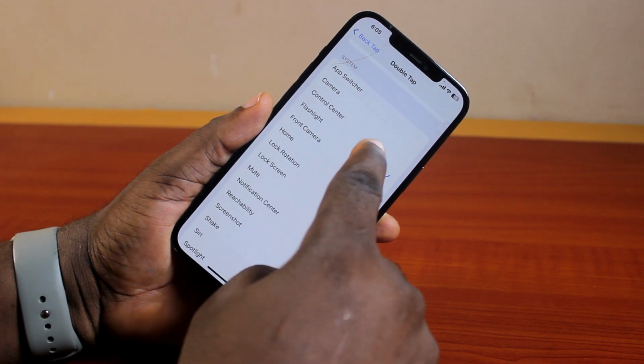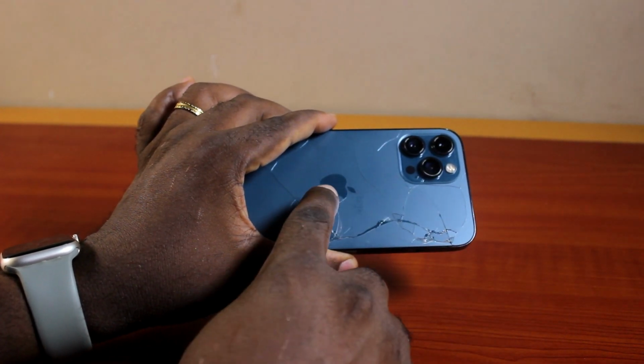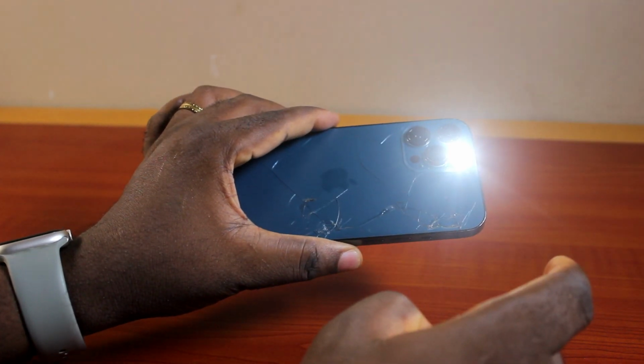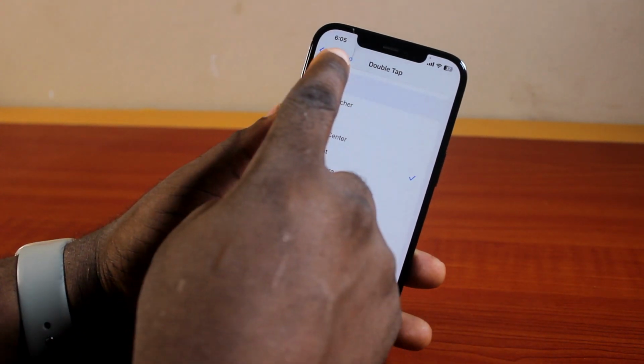And if it shows flashlight, then when next you want to turn on flashlight on your iPhone, you can just locate the Apple logo at the back of your iPhone and then double tap it. Then you should see your flashlight turn off or turn on. So that is exactly how to use